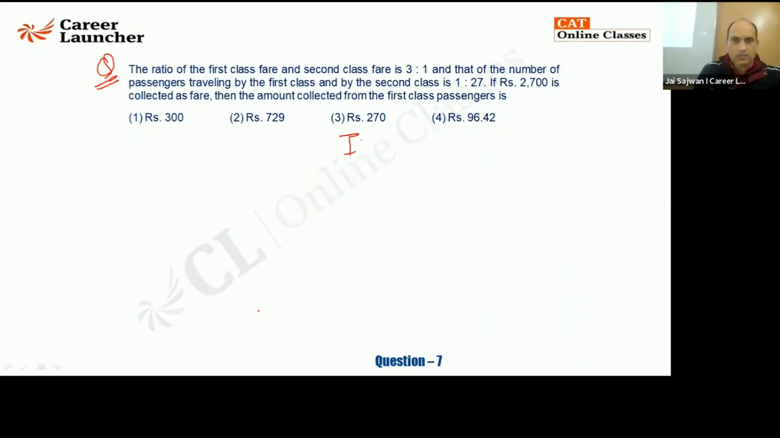The ratio of the first class and second class fare, we are talking about the ratio of the fare 3:1. So if you are going by second class, you will pay 1 rupee. If you are going by first class, you have in second class. Now the passengers who are